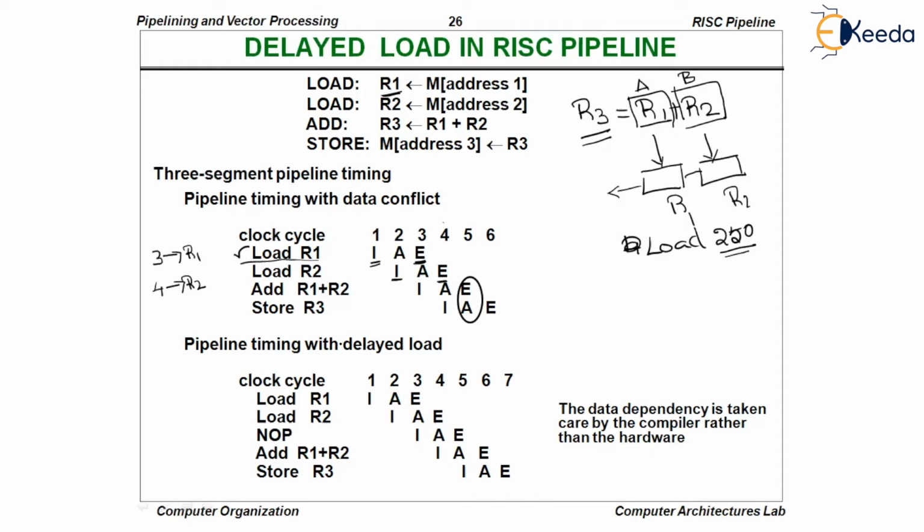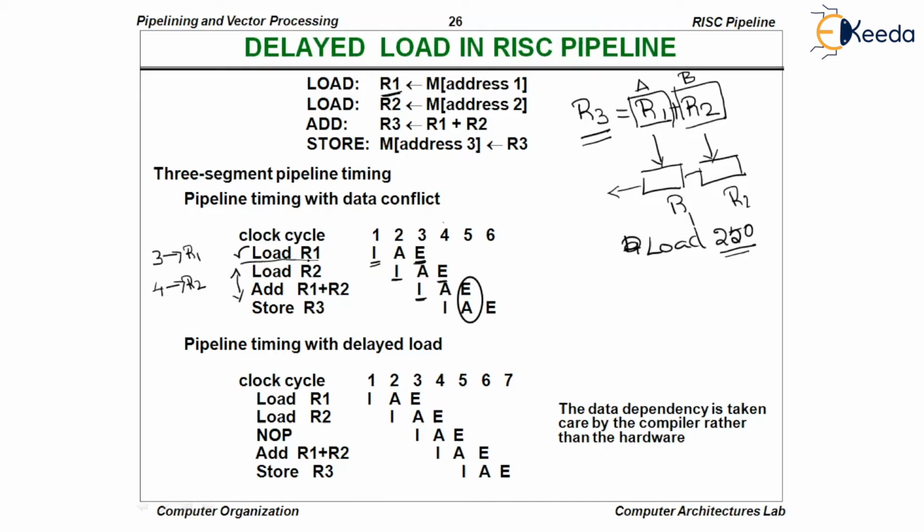Now, there is a dependency between these two instructions. That is, unless R1 and R2 are completely loaded, we can't perform R1 plus R2. But here, when this instruction starts execution, of course, the instruction will be fetched in the instruction fetch phase, that is the I phase. But when it comes to the instruction decode phase and the ALU operation phase, which is the second phase, both operands are not yet available. Let us understand once again carefully.